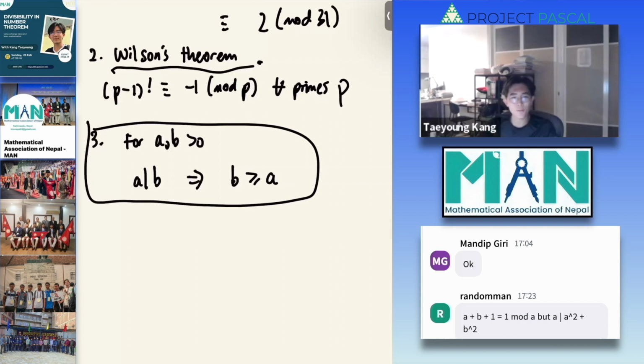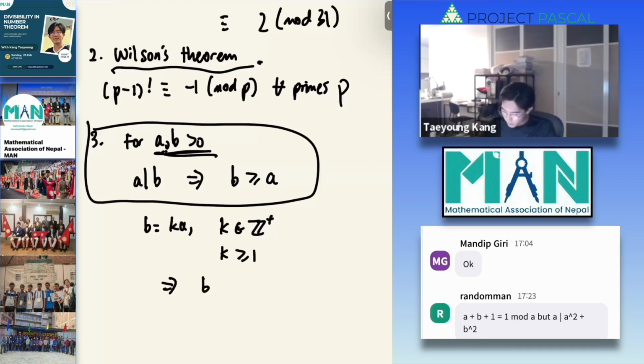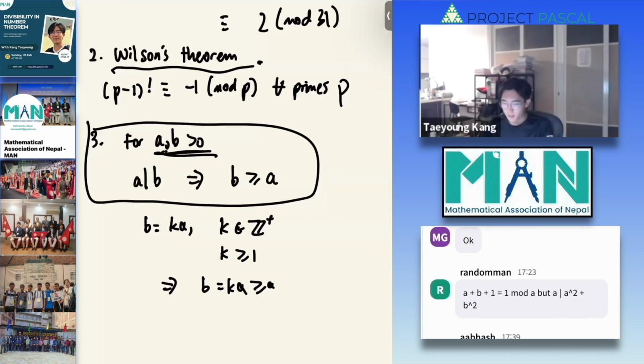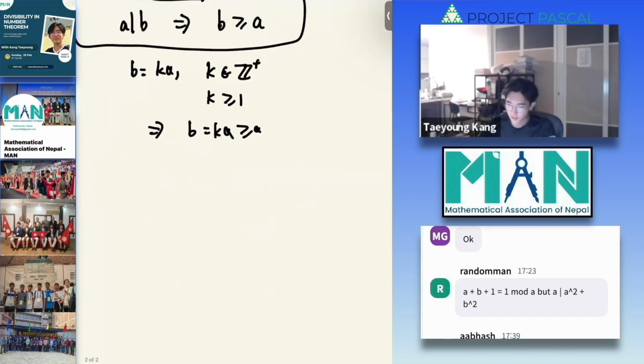A basic proof of why this is true is because if a and b are larger than 0, we can write b equals ka, where k is some positive integer. Since k is larger than or equal to 1, b equals ka, which is larger than or equal to a. This is very easy to prove, but it's not very easy to think of using when you're trying to solve the problem. And the last fact is